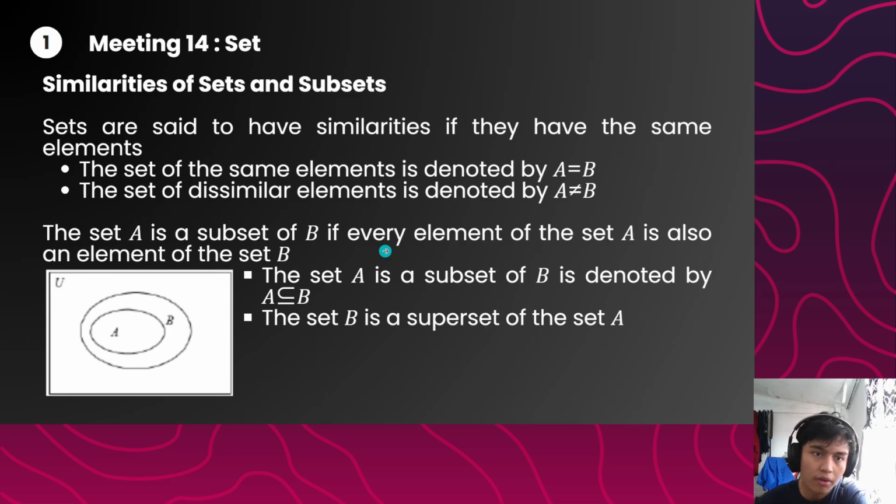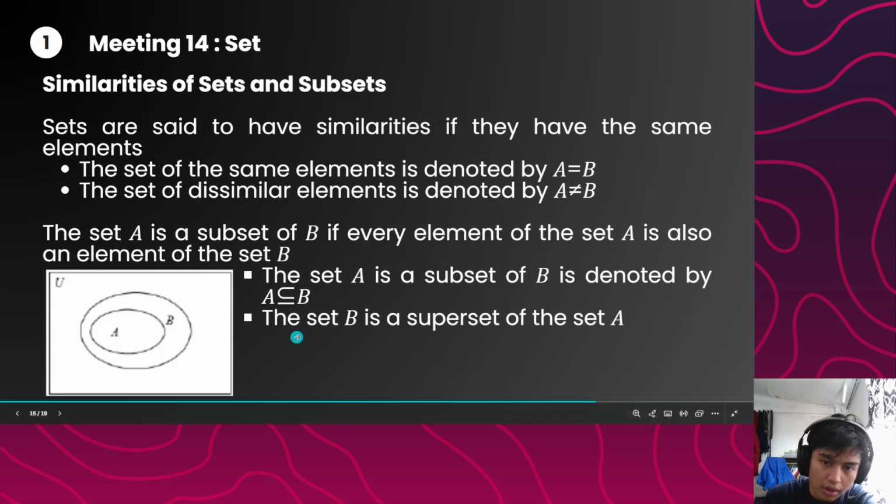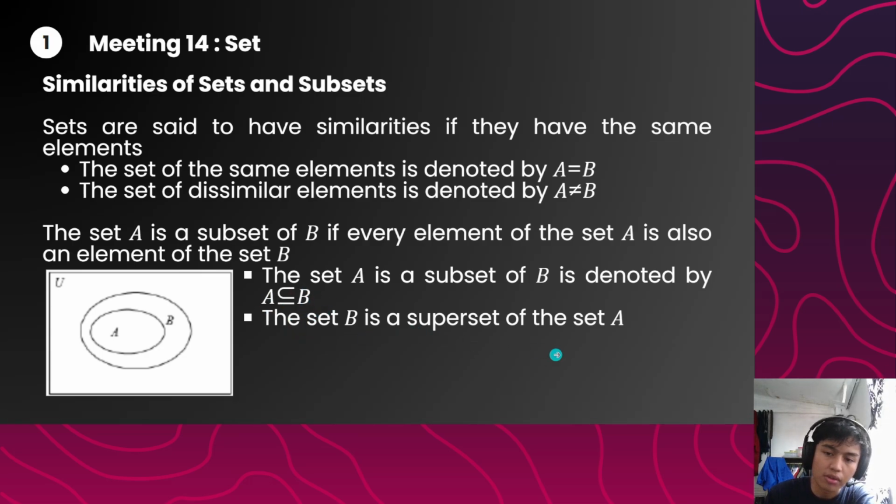And then we have equality of sets and subsets. Sets are said to be equal if they have the same elements. Sets with the same elements are denoted by A = B. Sets with dissimilar elements are denoted by A ≠ B. The set A is a subset of B if every element of the set A is also an element of the set B. This is denoted by A ⊆ B, like here. The set B is a superset of the set A, like